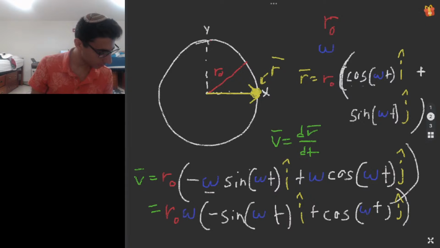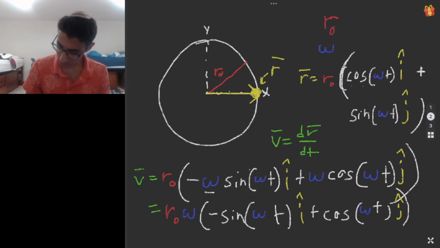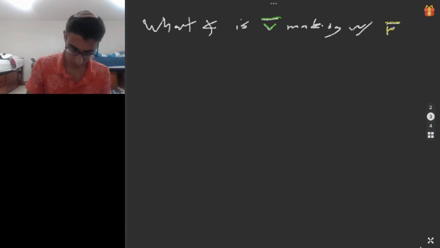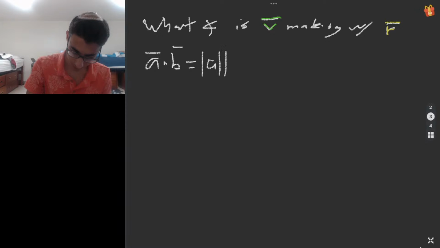Oh boy, this is a whole production. Hold on, let me just take a look at this, just to refresh myself how this is done. So one great tool that we have is the dot product. A dot B equals the magnitude of A times the magnitude of B times cosine of theta, between the two things. And we also know that A dot B